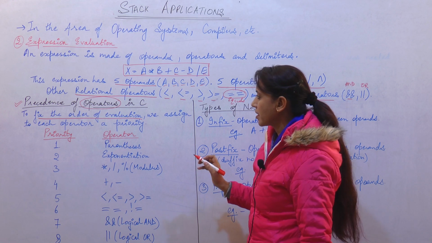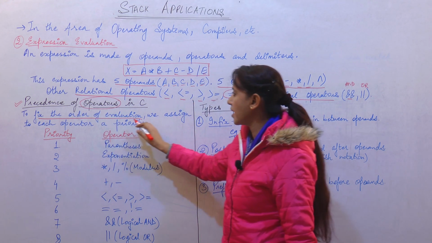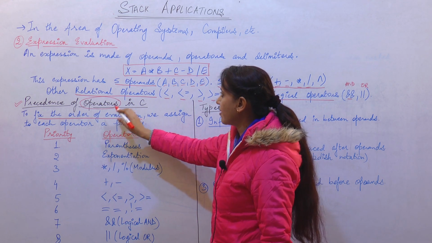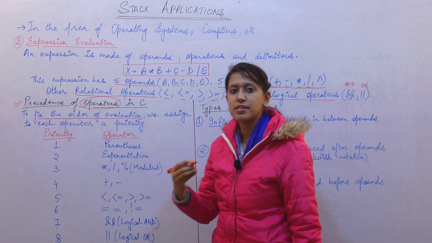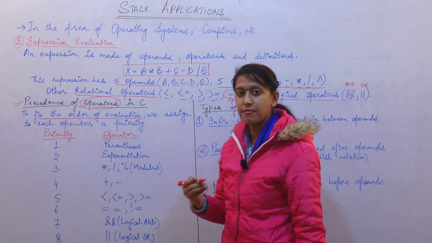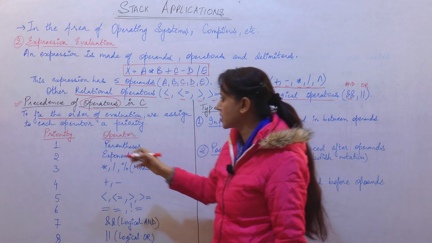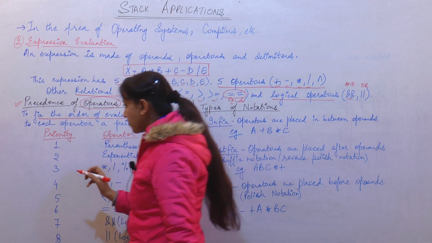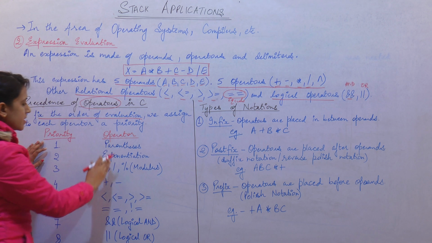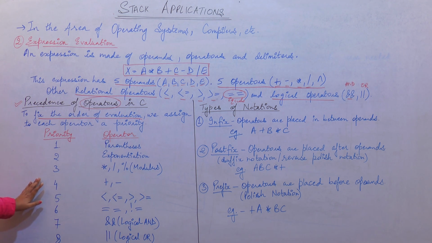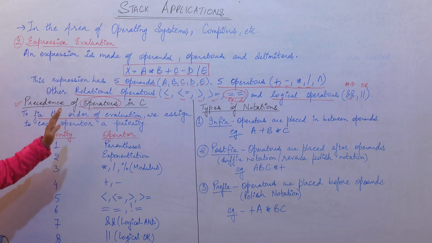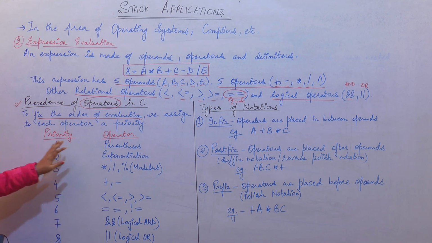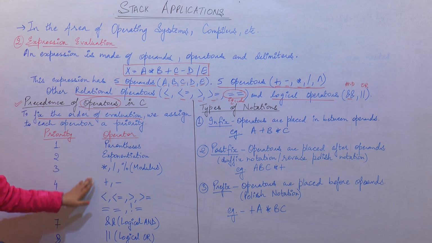That's why we are applying this rule of precedence of operators. To evaluate any expression, we will fix the order of evaluation. We will fix that order of evaluation using the precedence rule of the operators. So we have written here the operators and their priorities. Whenever any expression is encountered, we will evaluate that expression according to this priority of the given operators.